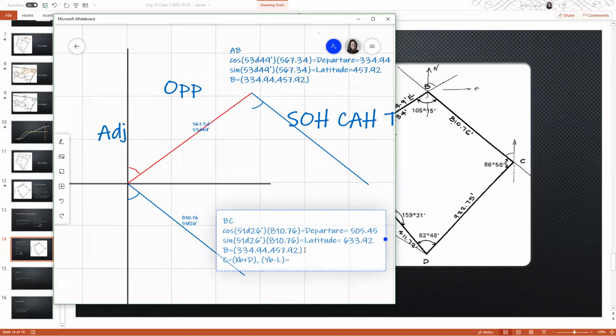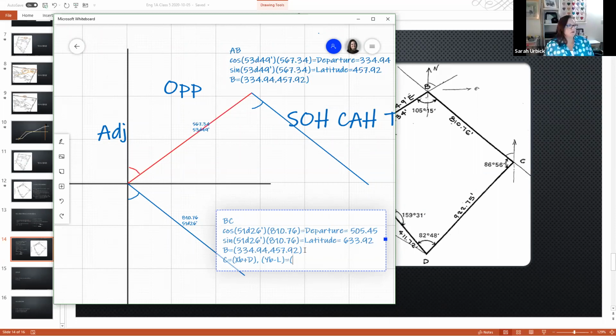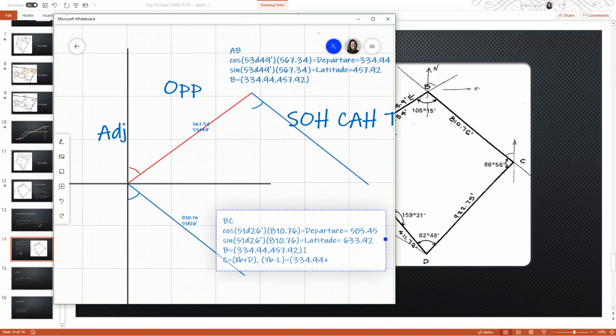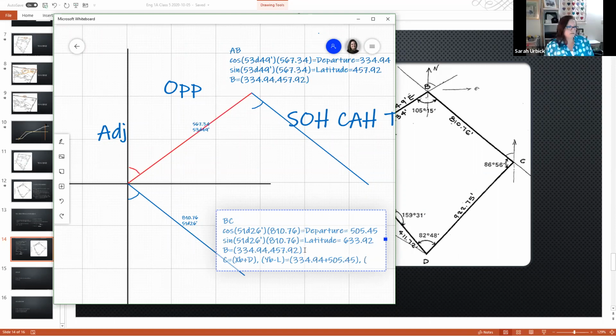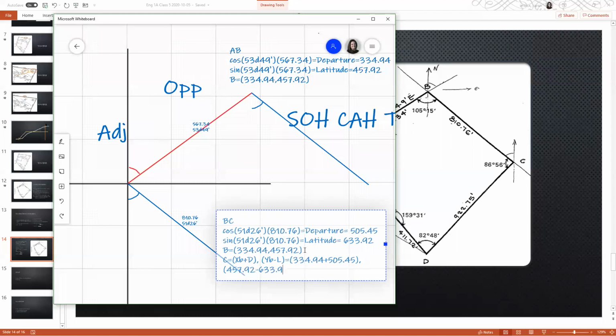That's going to give us our x coordinate at B, 334.94 plus 505.45. Our y component is going to be 457.92 minus 633.92. And that's going to equal